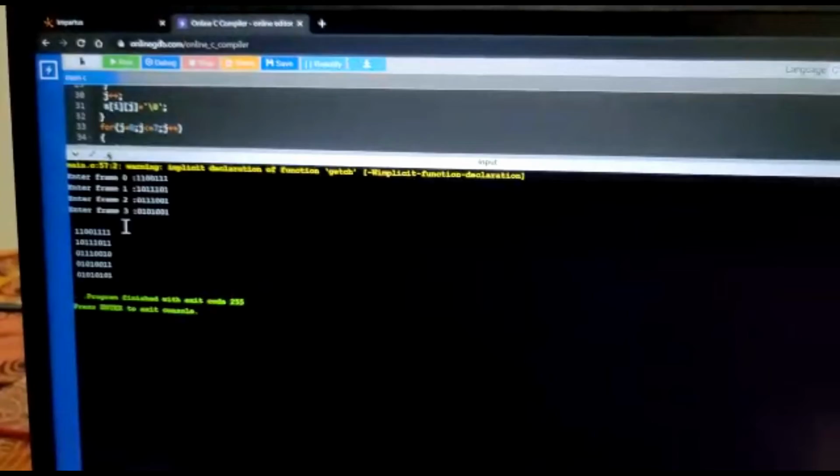So we got the end result. In the first data that is sent from the sender to the receiver, we have 1 2 3 4 5 ones. So to make it an even parity check, we are adding one extra one in the end. Like that, for the second data that is to be sent, as 5 ones are there, it is odd. To make it even, we are adding an extra one. So this is the row parity, the column parity, and this is the row parity, and this result is sent to the receiver.